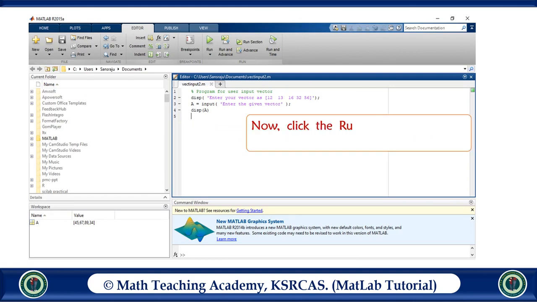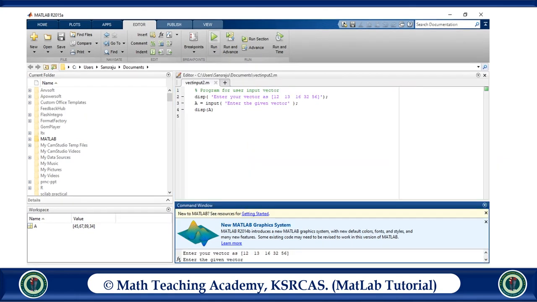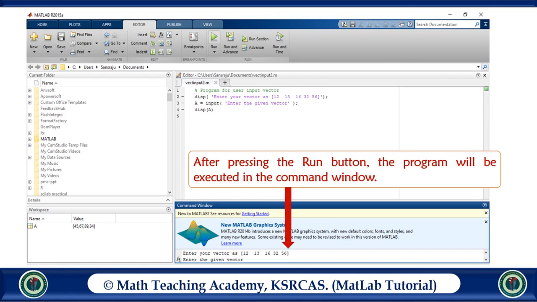Now click the run button to run the program. Then the program will run in the command window. This is the command window. After pressing the run button, the program will be executed in the command window.